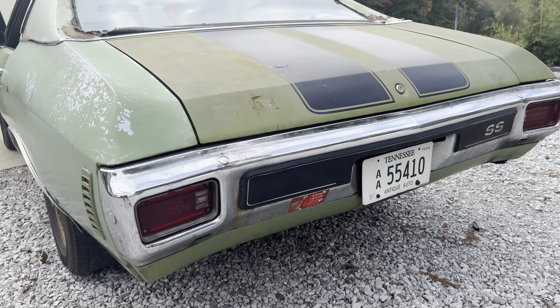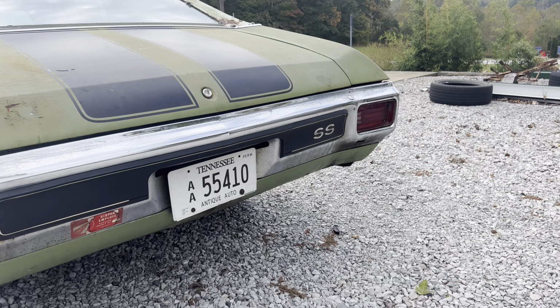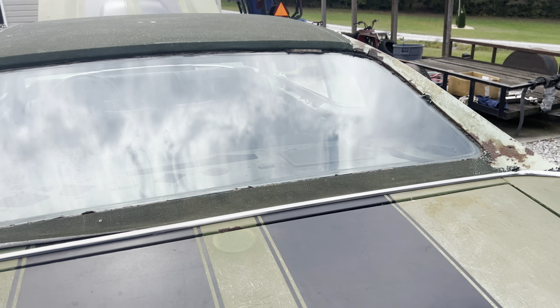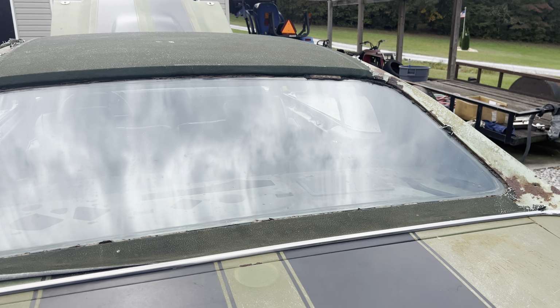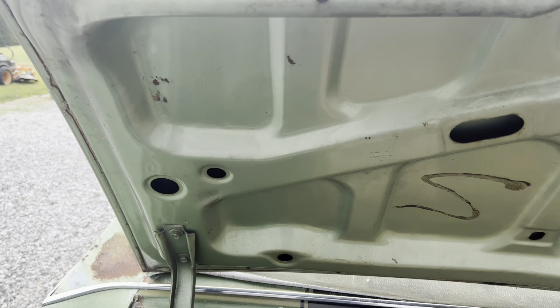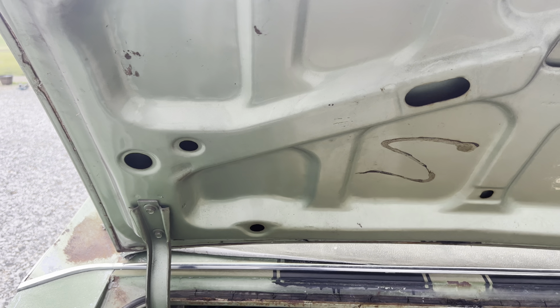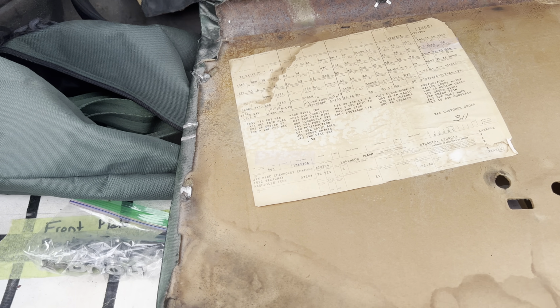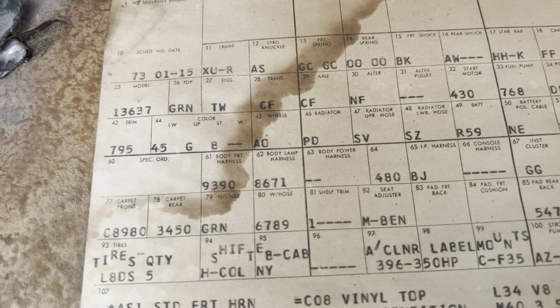Some shots of the rear bumper. Really cool car here. I've seen them way worse than this, and this is a fully matching car, engine, transmission, and rear axle with 2 build sheets, which I'll show you, and the original engine on a stand in just a moment. But we'll go over the build sheet now. You can see the